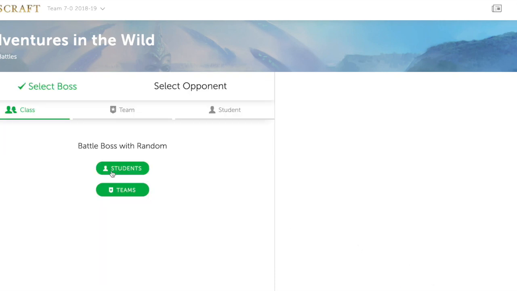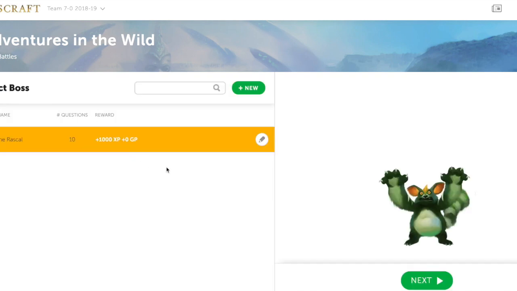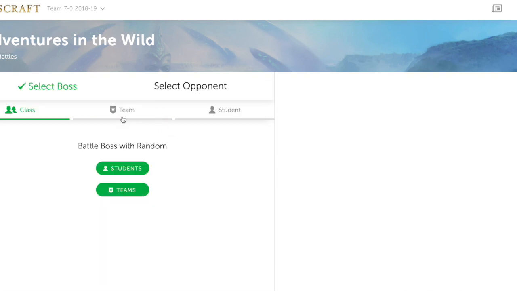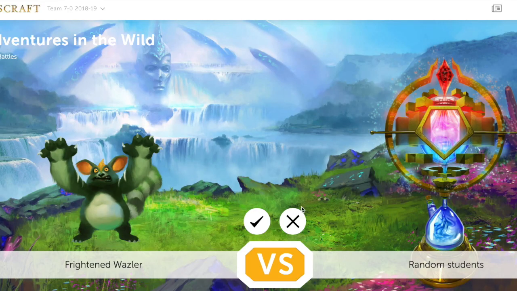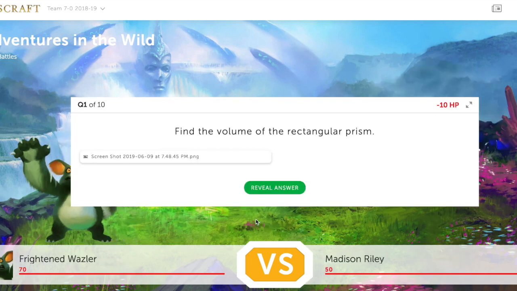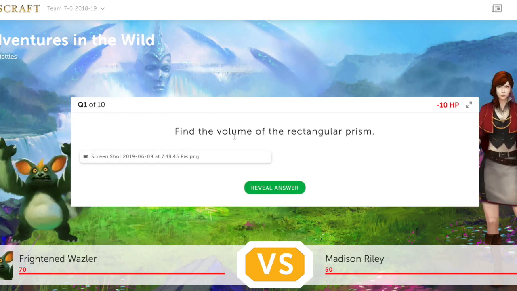This particular enemy, I called him the Stone Rascal, has a power of, I believe it was 70. Students can be selected at random, and they can start the battle. For example, the students will have the ability to play against them, and there are questions that they have to